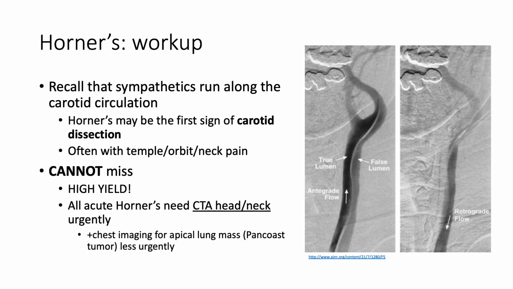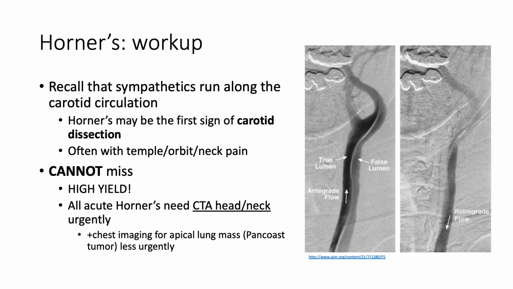And then you remembered this lecture and you check their pupils in both the dark and the light, and you notice that the difference in pupil size is more pronounced in the dark. So you know that the pupil that is smaller is the one that is affected, and you're most worried about a Horner's. So you would have to CTA or CT angiography their head and neck to not miss this particular